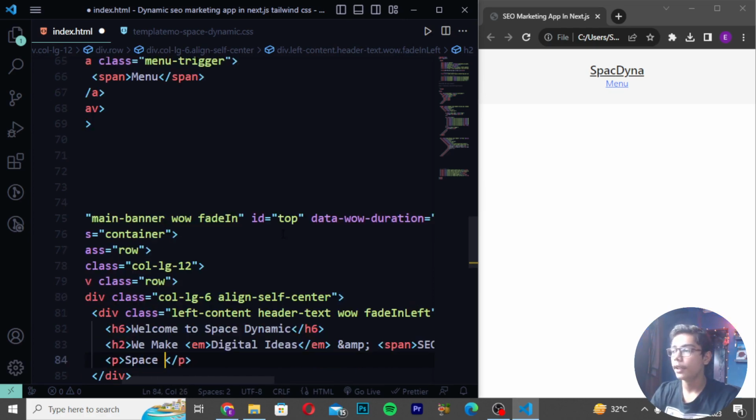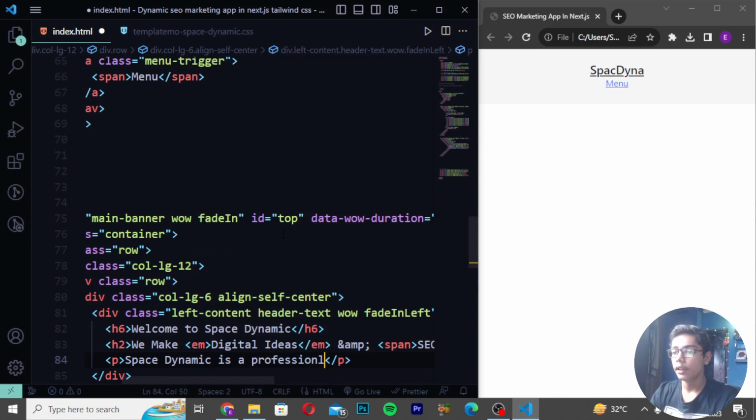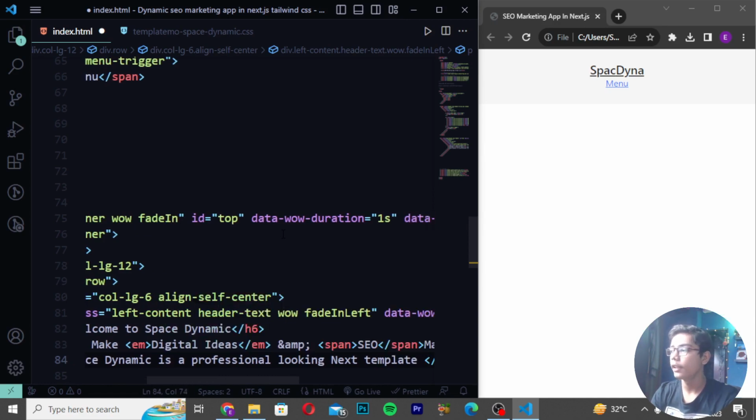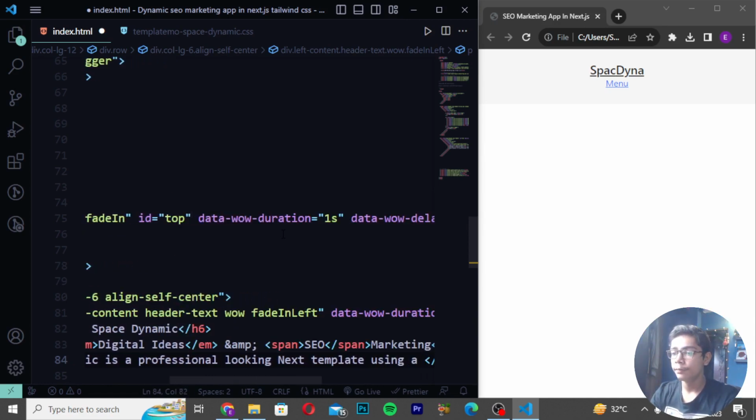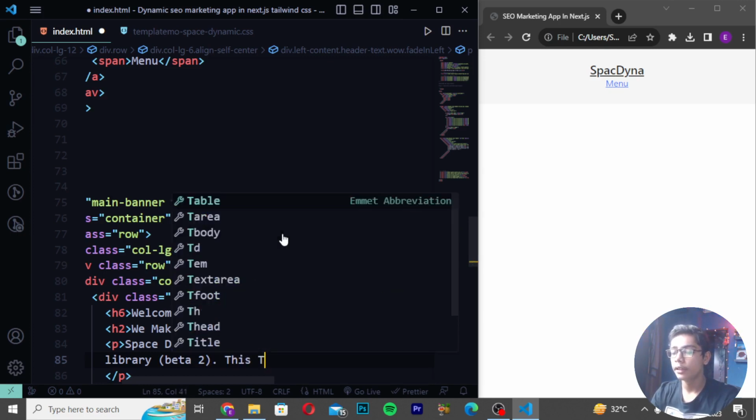Then here when you just done that, you have to now move down and create p tag, in which I will be writing space dynamic. So here I will be writing space dynamic like this, and right here is a professional. So here I will be writing is a professional looking next template. So here I will be now writing this using a library. So here I will be writing using a library beta 2. You can give any of the things here if you want. Then I will be writing this Tailwind